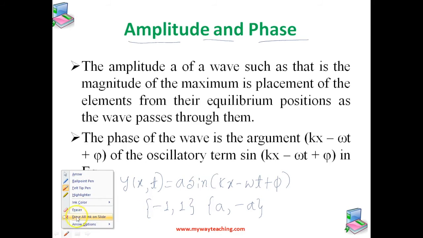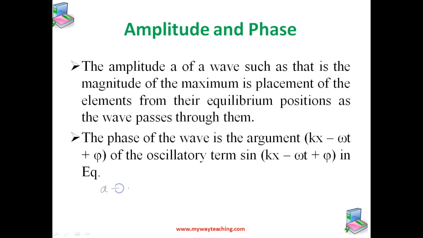Okay, this A is nothing but the amplitude of the wave. The amplitude A of a wave is the magnitude of the maximum displacement of the elements from their equilibrium positions